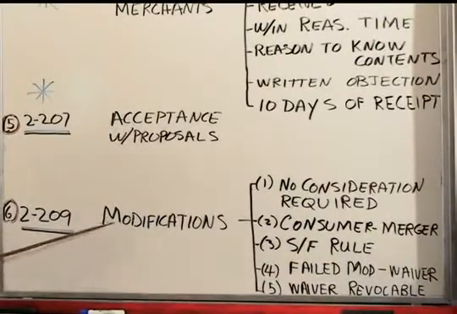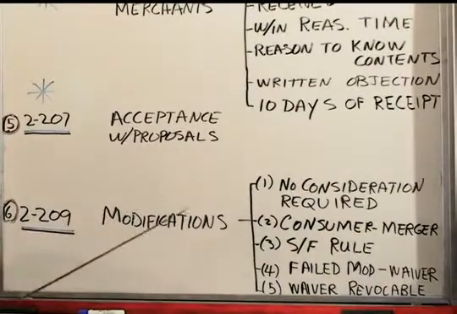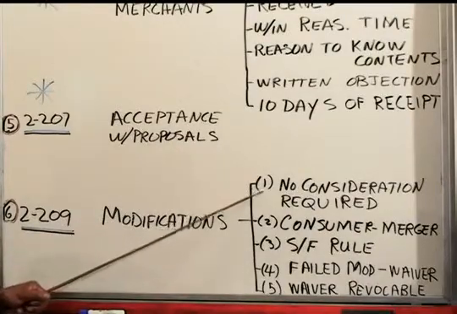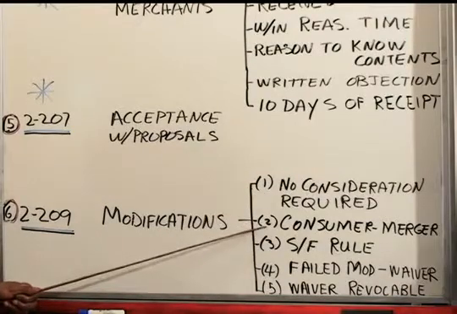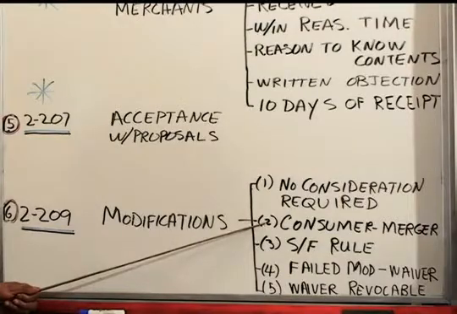2-209, modifications. 2-209 subsection 1 says no consideration is required for a modification. 2-209 subsection 2 says, and this has never been tested, probably never will, but subsection 2 says if I am